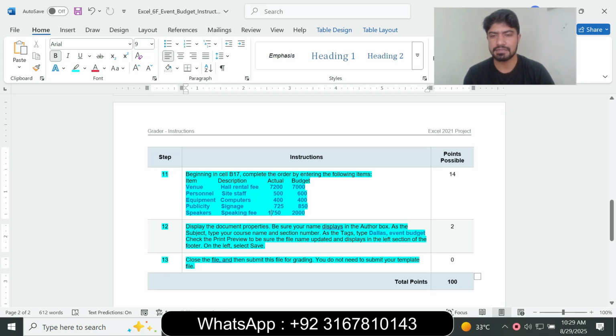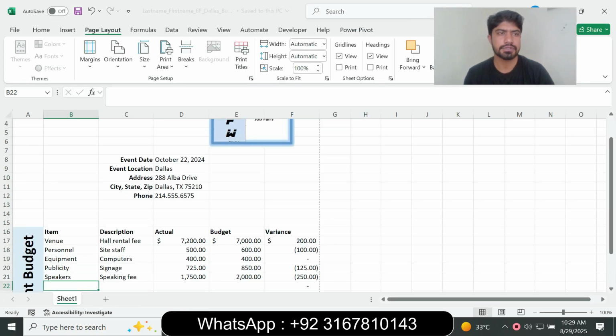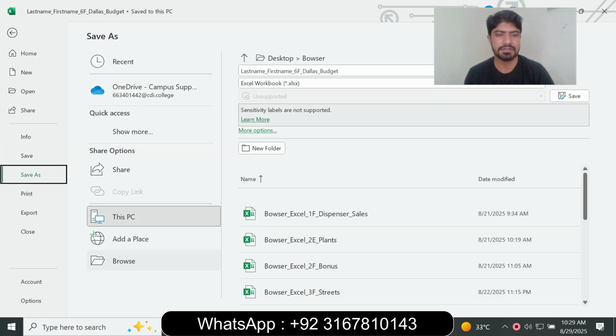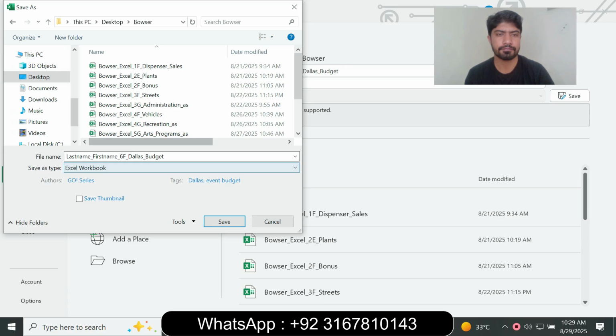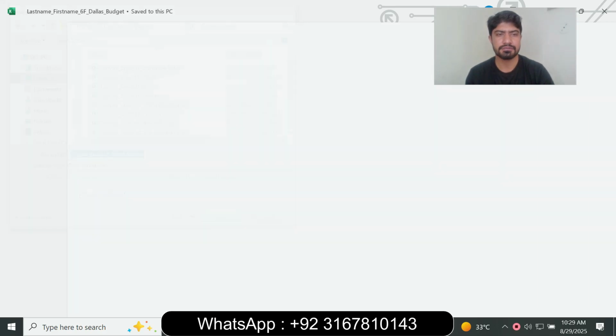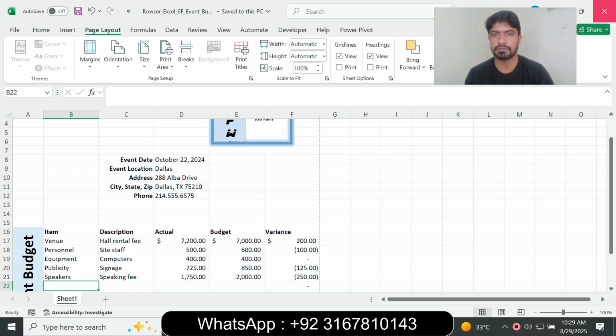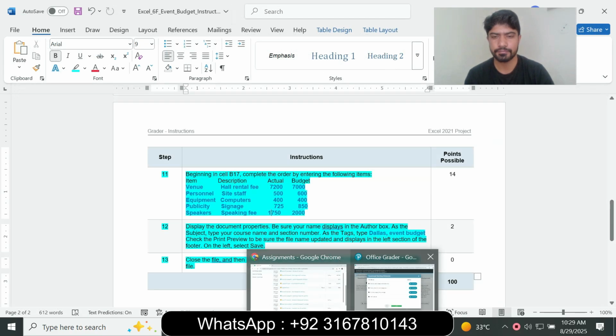So I have done the assignments and close the file and submit for grading. You do not need to submit your template file. So save the files and click Save As, and next is click the save 6F budgets, so click the close, and next is